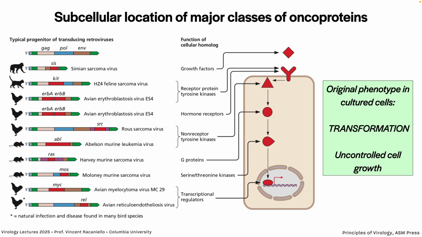If you look on the left here, you can see all the oncogenes that have been identified. And some of these are receptor protein tyrosine kinases. Some of them are non-receptor tyrosine kinases, and that's exactly what Src is. Some of them are transcriptional regulators. So they all have a specific function in regulating cell division. And if they're overproduced by a retrovirus, that makes the cells grow forever. They're transformed, and maybe they'll lead to a cancer.